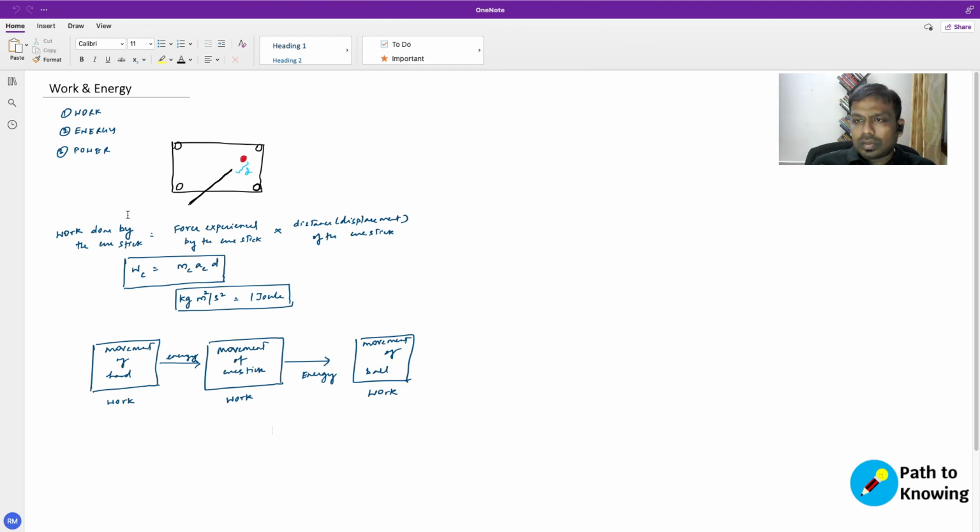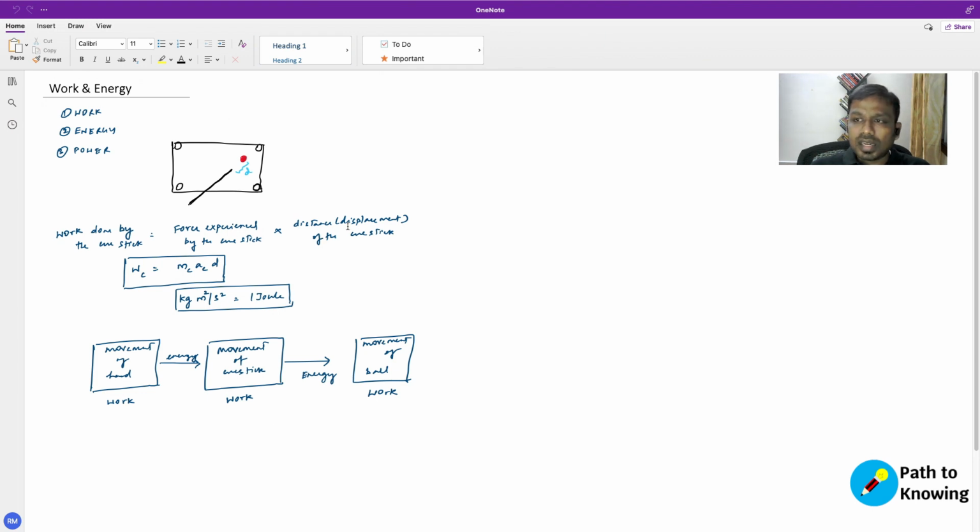So the last thing here is, since we are defining work through this formula, which is force times displacement, and scientifically this is how we define work. Which means that work can be zero when either the force is zero or when the displacement is zero. The other part is work can also be negative, right? It may not always be positive. It can be negative, because we know that a force has